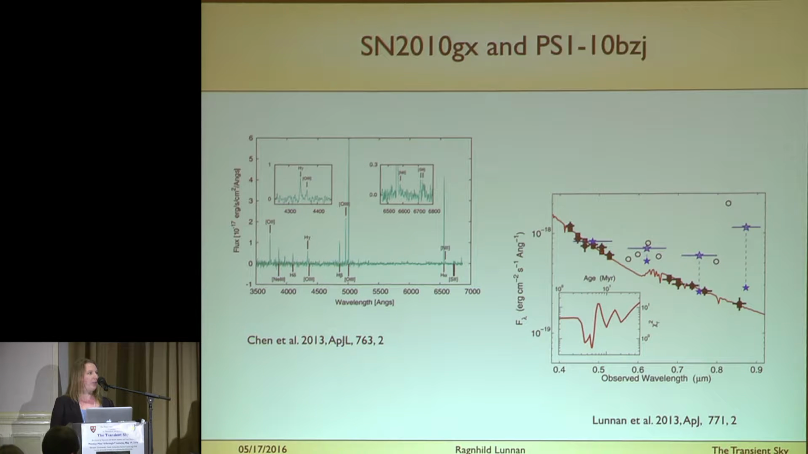Later, we were also able to study a couple of host galaxies in detail. These are the first few of that: supernova 2010 GX and PS1 10 BZJ. Now, I'm showing here a spectrum of 2010 GX on the side here, and at least for the galaxy people in